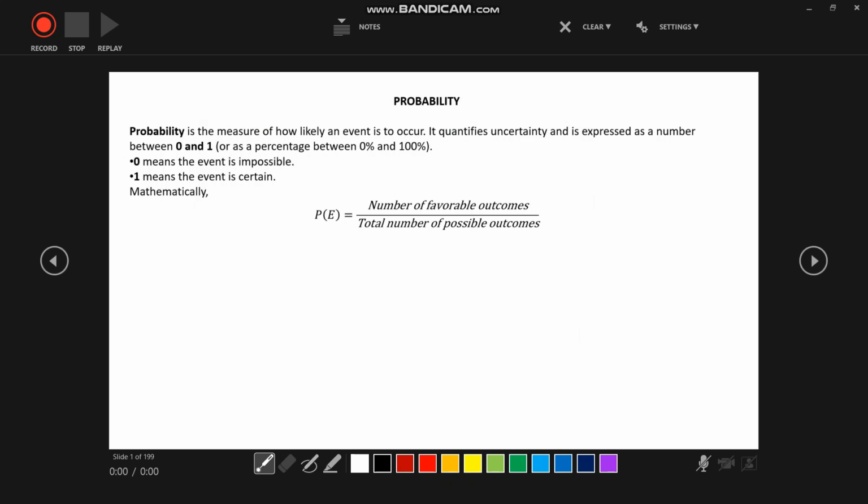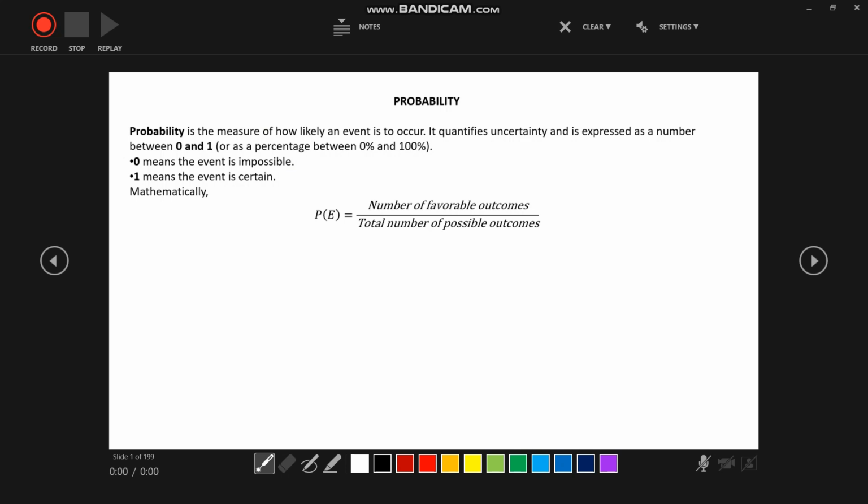If it is 1, it means the thing will surely happen, the effect will surely happen. But if it is greater than 0 but less than 1, it means it may happen or may not happen. The probability is always between 0 and 1. Once it is 0, the event will not happen. That is no more a probability. You are sure that it won't happen. And if it is 1, it is no more a probability. It's very sure that the event will happen. The probability is always between 0 and 1.